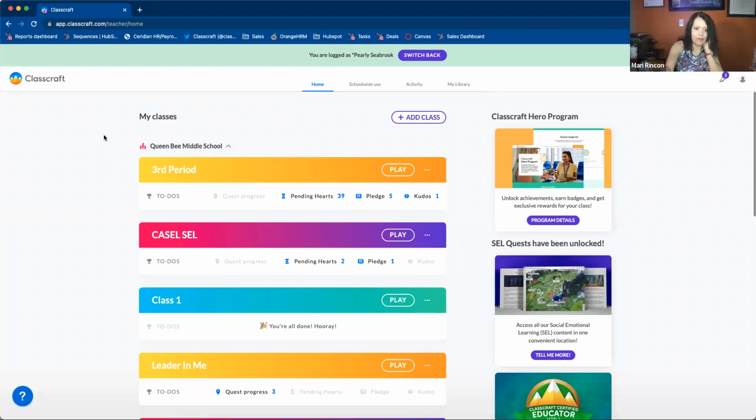Okay, perfect. So this is what it looks like when a teacher logs into Classcraft. So you'll have all your different classes here listed below. So we integrate with Google Classroom. We integrate with Clever and ClassLink as well for rostering. So when I click into this third period,